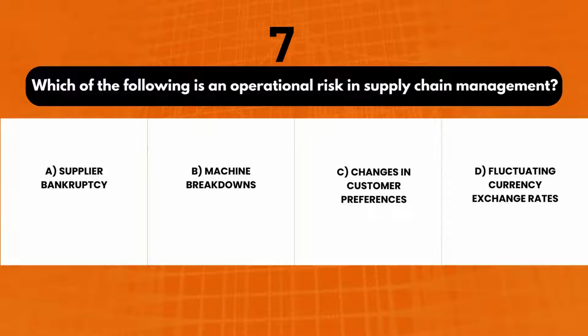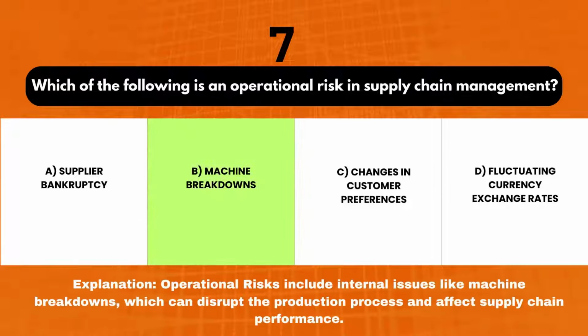Which of the following is an operational risk in supply chain management? A. Supplier bankruptcy. B. Machine breakdowns. C. Changes in customer preferences. D. Fluctuating currency exchange rates. Correct answer, B. Explanation. Operational risks include internal issues like machine breakdowns, which can disrupt the production process and affect